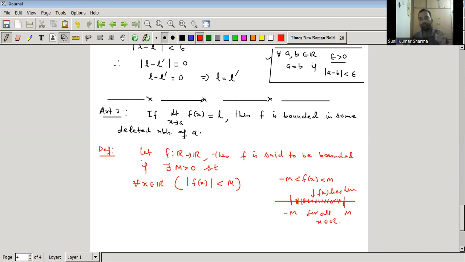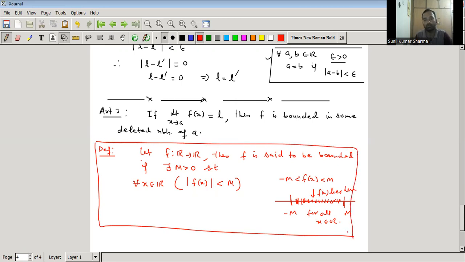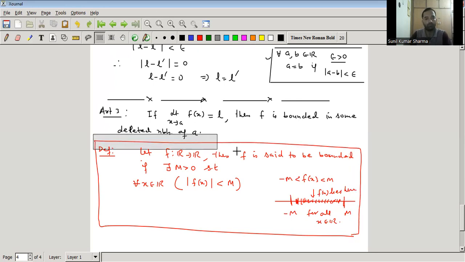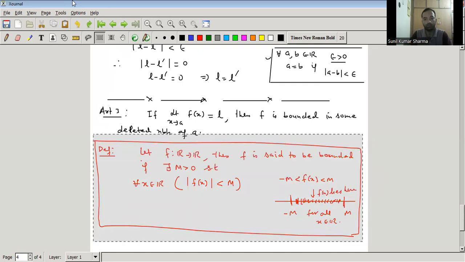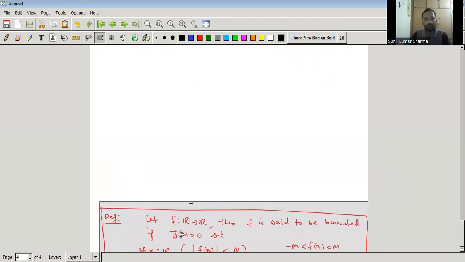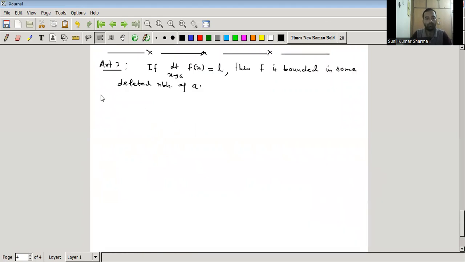So if this happens, then we can say that the function is a bounded function, right? So we use this definition to prove the above theorem, right? So let